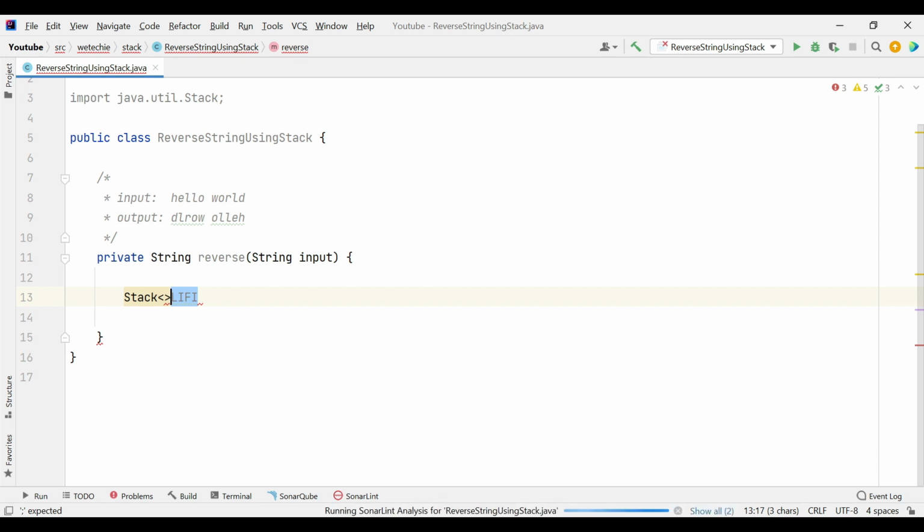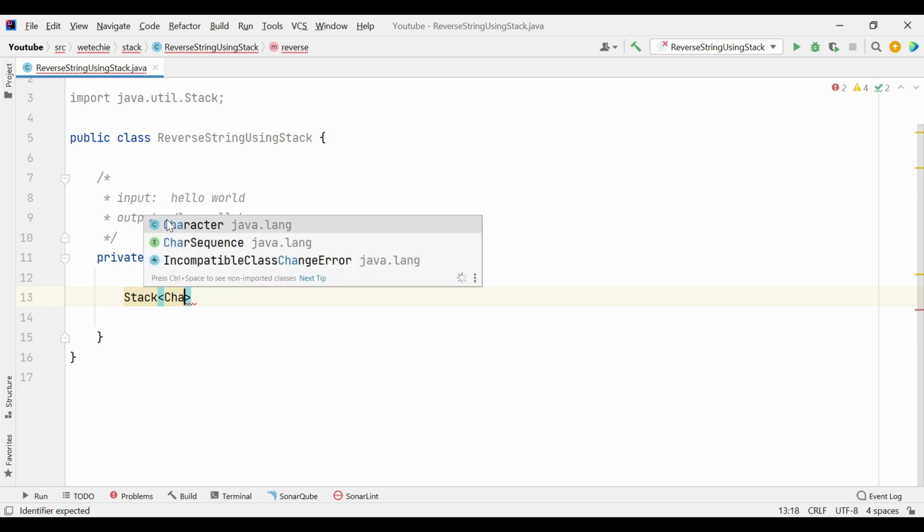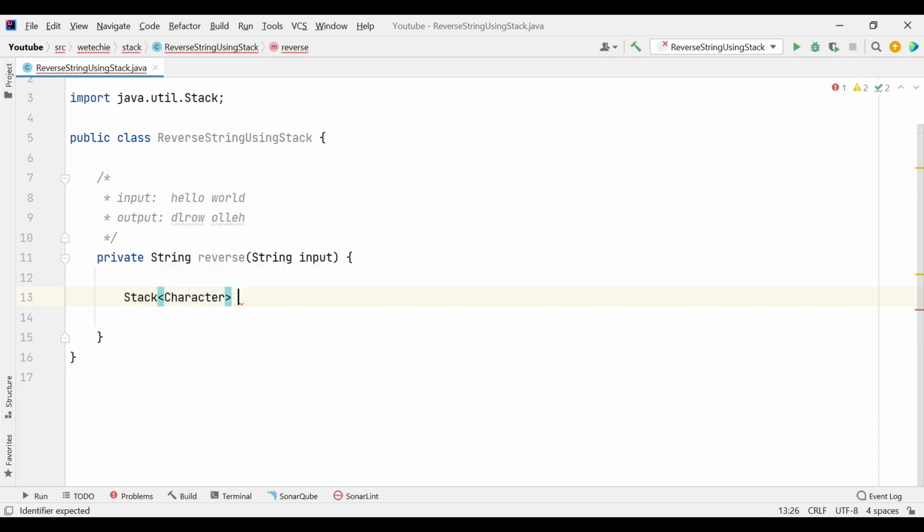The element which is inserted last will be eligible to pop out first, right? That's why we are creating the stack. All the operations we are trying to perform will be done by using the stack. So we are creating a stack of character type because we are going to hold each character in the stack,